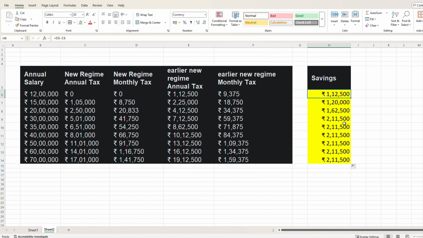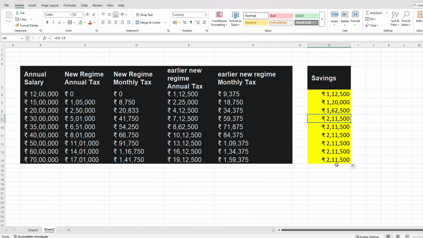So there is a straight benefit of 1,12,500 rupees. But as your salary goes higher, there is not much difference. Let's say 30 lakhs, we calculated for 32 lakhs, if somebody's package is 30 lakhs, definitely they're getting 2 lakhs 11,500 rupees.